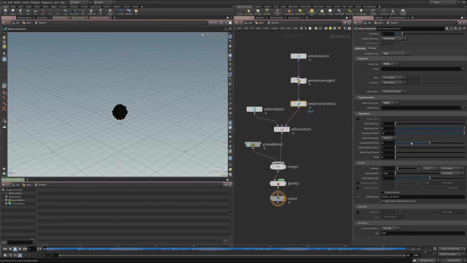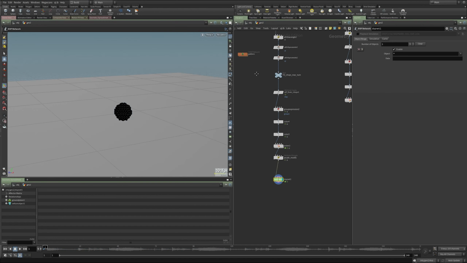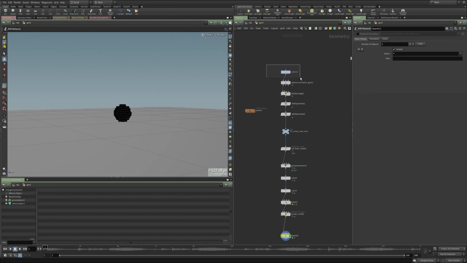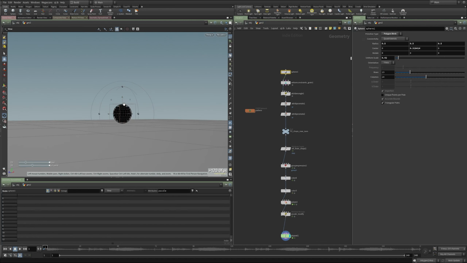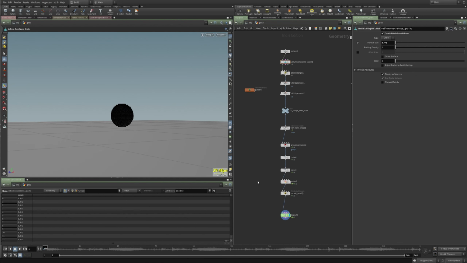So let's just tweak a few values here. We're gonna turn on the breaking. I want these constraints that are being created every frame, when they reach a certain threshold, I don't mind if they break. So now we're not getting wormy strings going on. Also, I know that this is not enough points to be an interesting sim. The size of the sphere is okay, I just want more grains inside there. All right, now let's hit play.